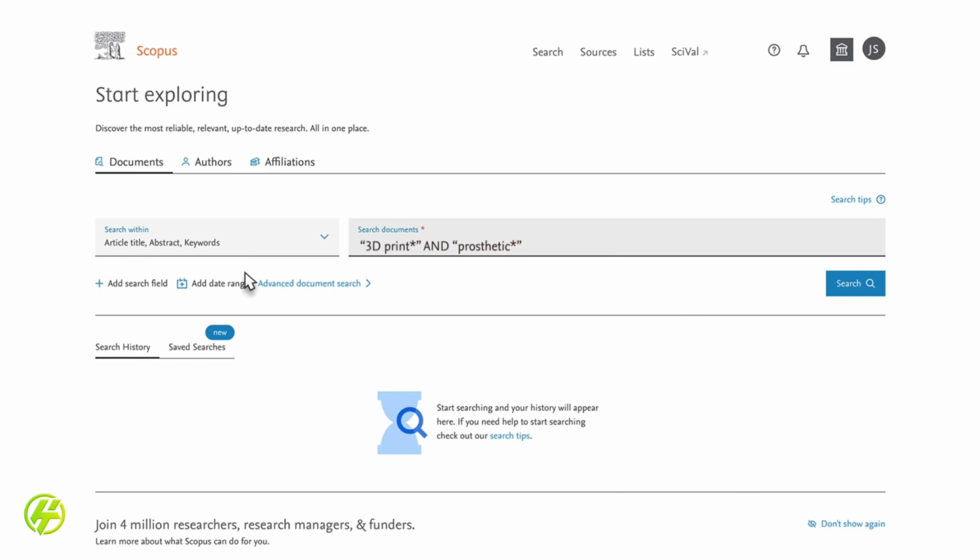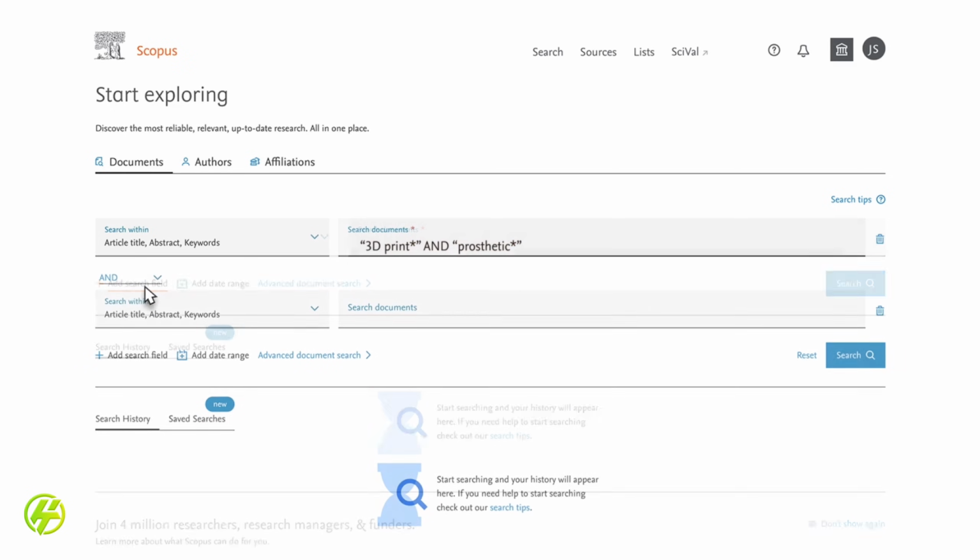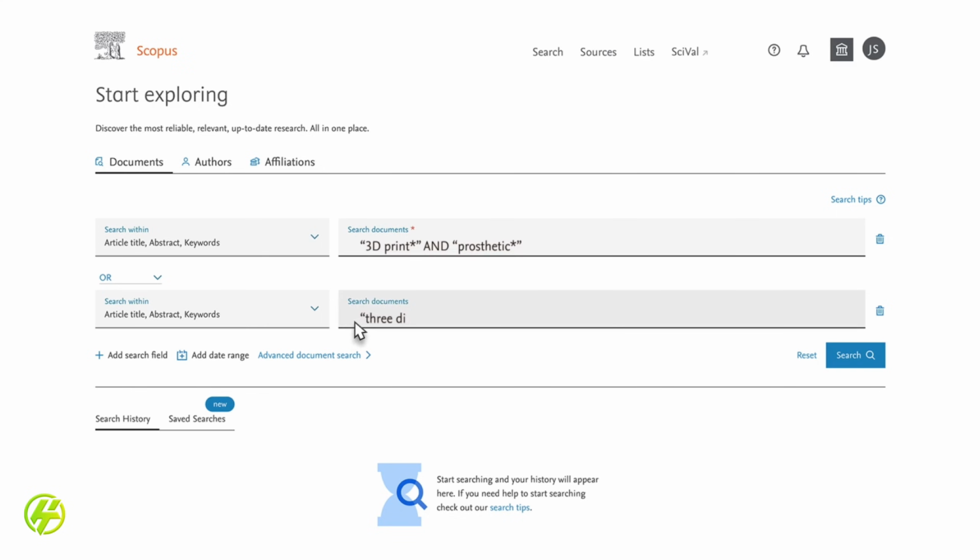To capture as many relevant documents as possible, let's also spell out the number 3 in a separate search field by clicking on plus, Add Search Field, changing the Boolean operator to OR and adding the search terms 3-dimension asterisk, print asterisk, and prosthetic asterisk.